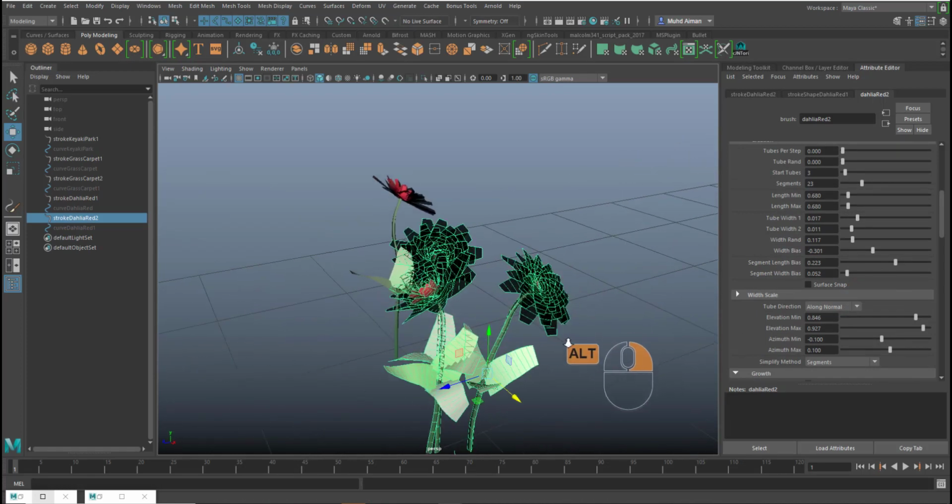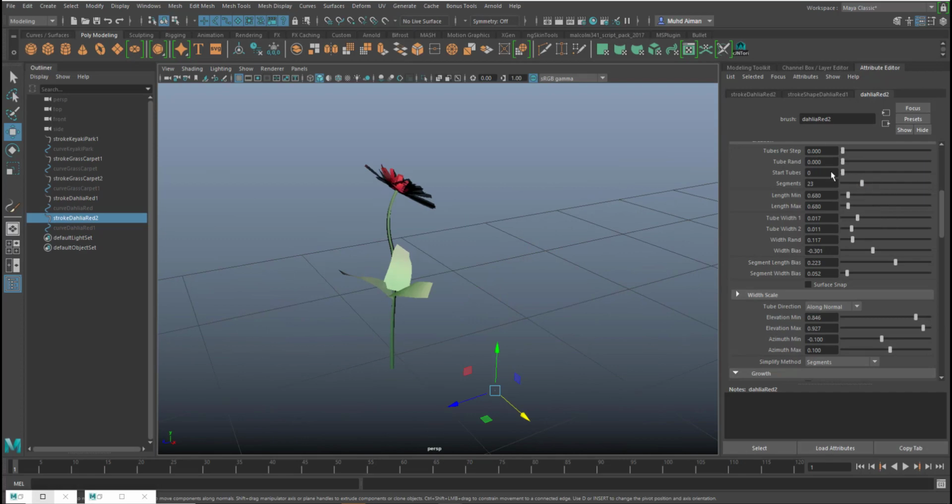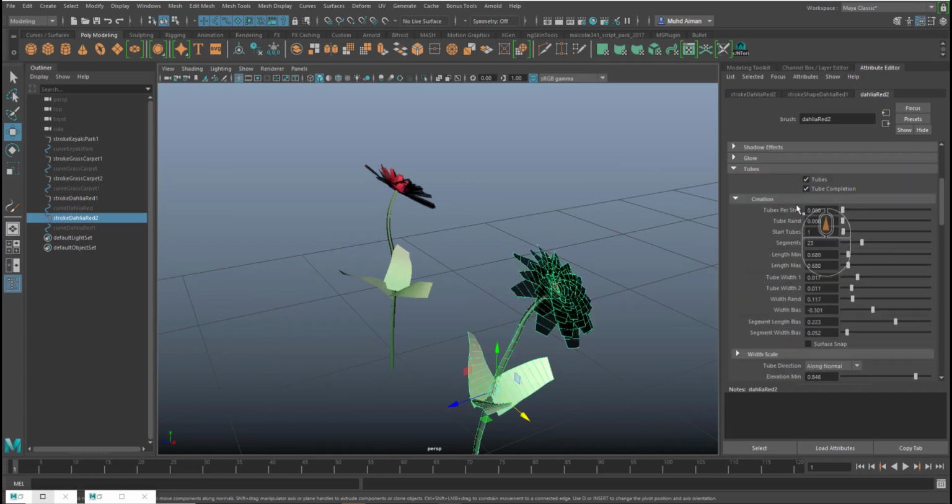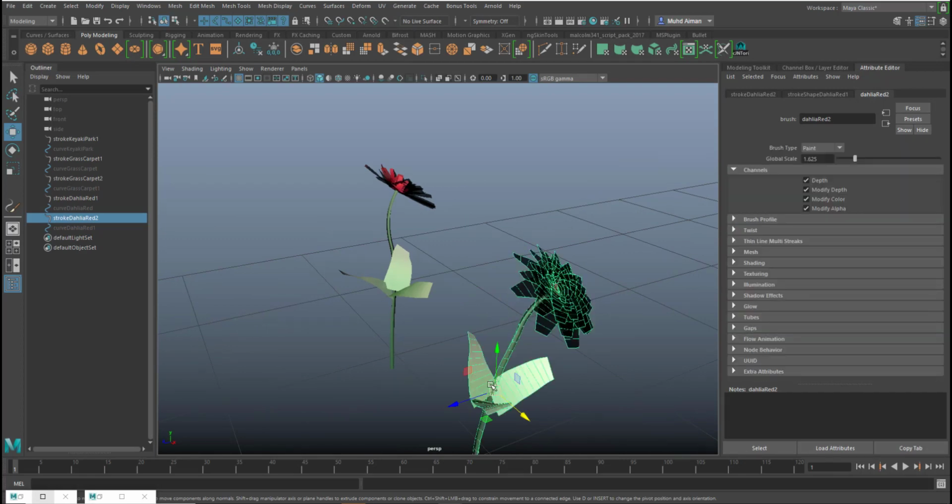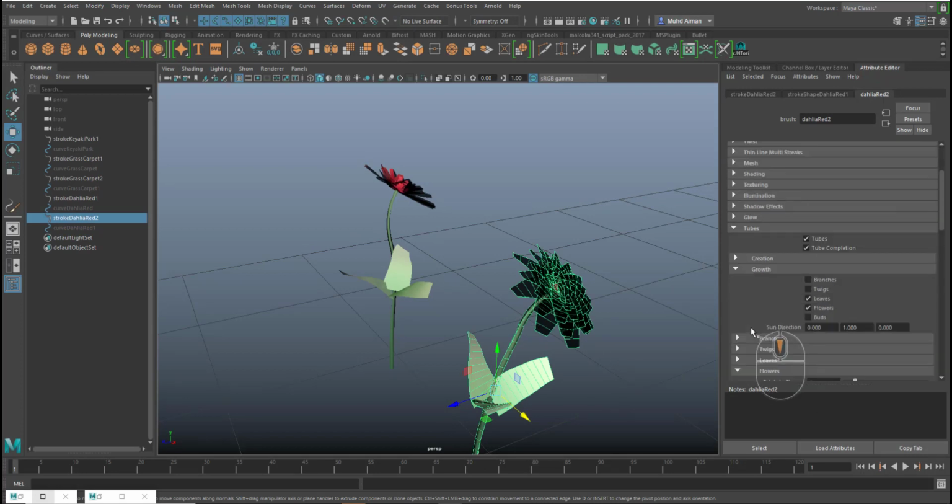Okay, I think maybe instead of to create a few more, maybe we just adjust the number of leaf and the flowers. Okay, so creation,